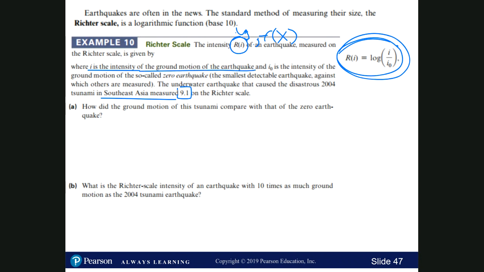And I sub 0 is the intensity of the ground motion of a so-called zero earthquake, which is the smallest detectable earthquake. That is what they call zero earthquake, or I sub 0. So the question here is, how did the ground motion of the tsunami compare with that of the zero earthquake? And so if we replace the output with the intensity given to us, 9.1,